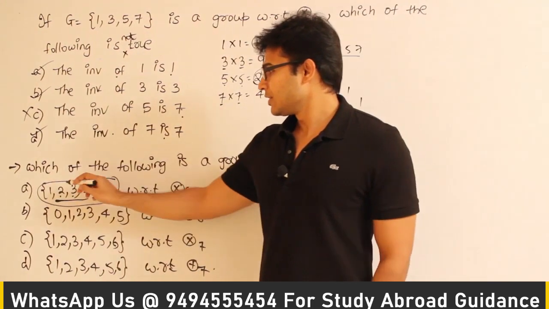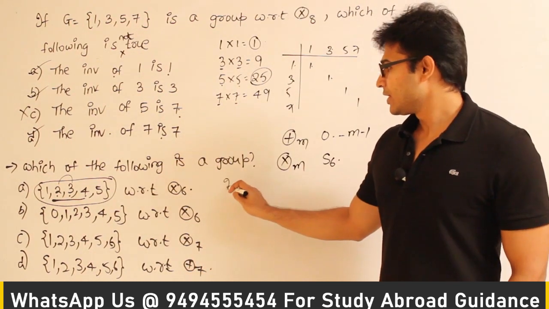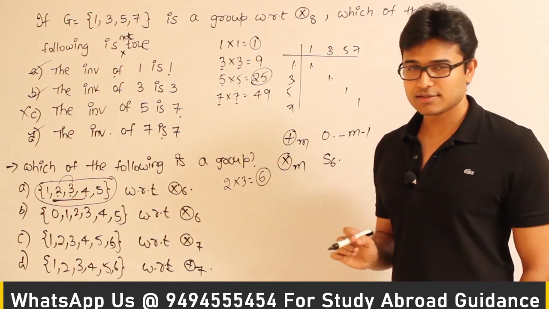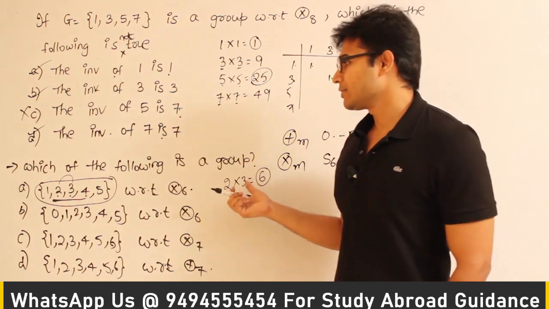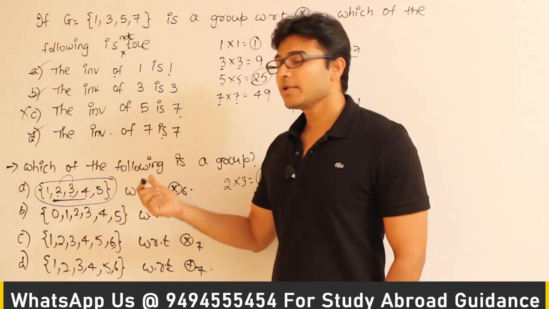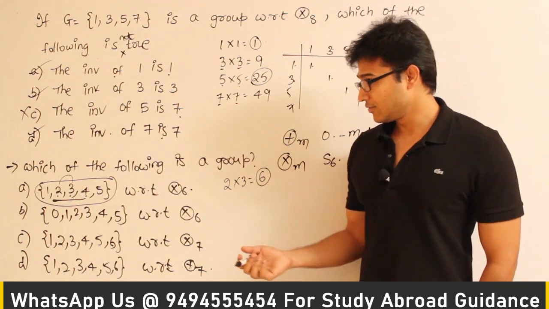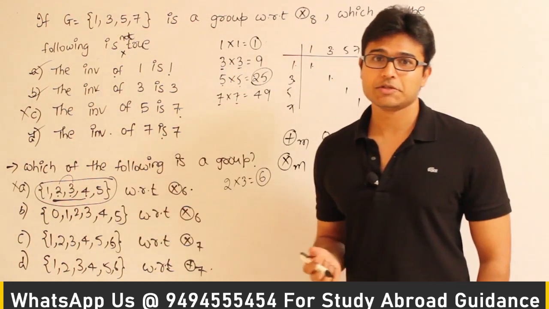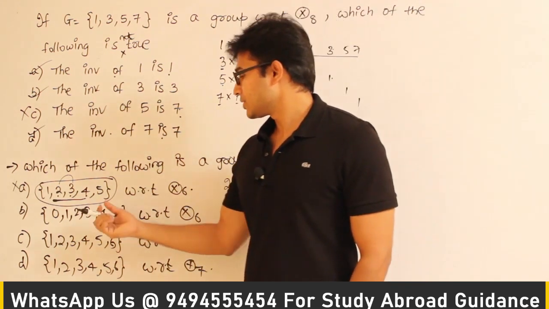Now if you see this, 2 and 3, if you multiply 2 and 3, the result is going to be 6, and if you divide 6 by 6, the remainder is going to be 0. But that 0 is not there, therefore it is not closed, so it cannot be an abelian structure at all. So it is definitely not a group because it cannot be this algebraic structure, which means it is not closed. Okay, and next this one is, see this,